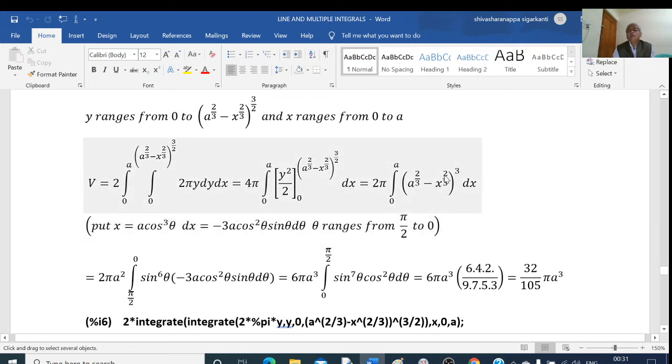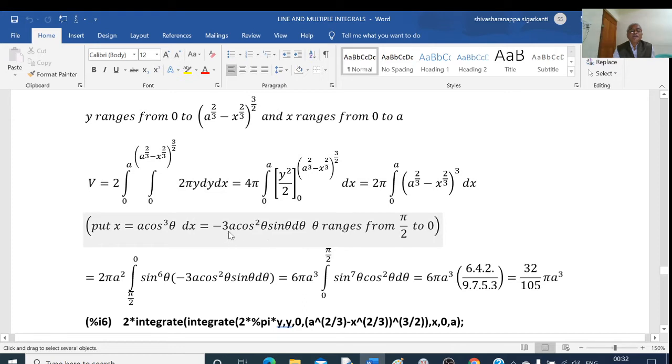This becomes a to the power of 2 by 3 into cos square theta, and I will take a to the power of 2 by 3 as a common factor. Here there remains 1 minus cos square, and a to the power of 2 by 3 whole to the power of 3 is nothing but a square. So this is 2 pi a square, integration from pi by 2 to 0, theta varies from pi by 2 to 0. 1 minus cos square theta is sin square theta, sin square theta to the power of 3, sin 6th theta, into